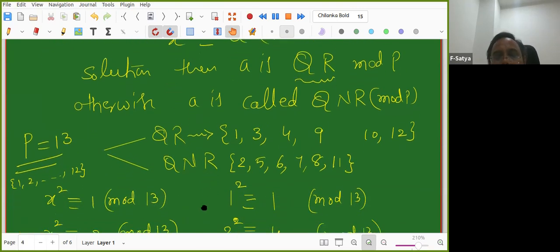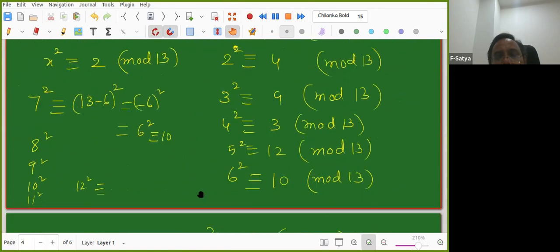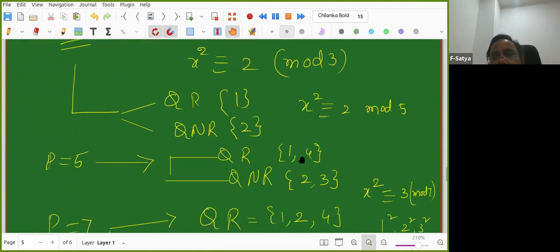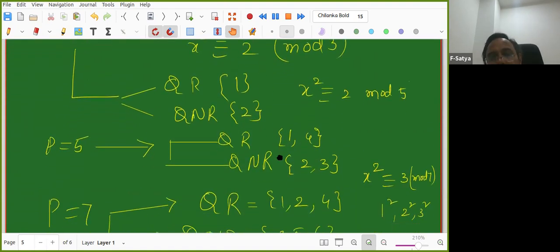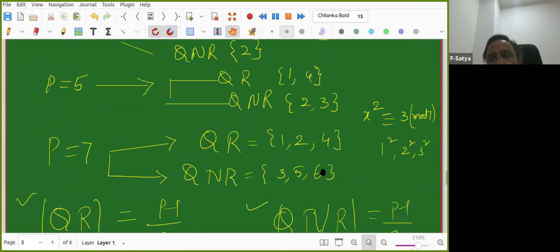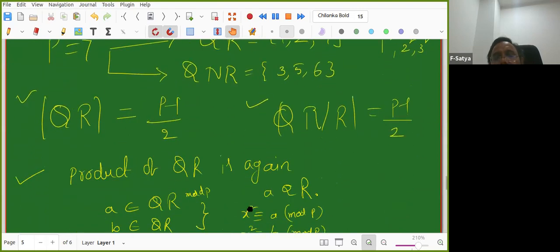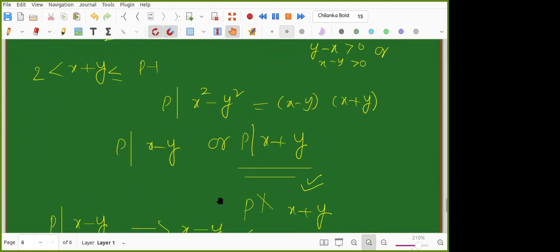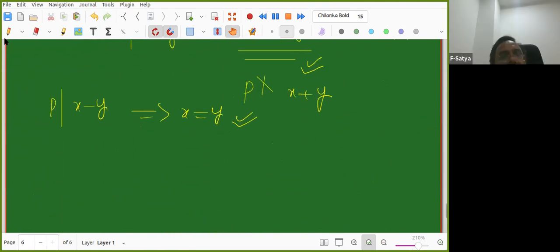Right? But that has not happened for 3, you can see. In 3 itself, 1 is a quadratic residue, but minus 1 is not a quadratic residue. For 5 it has happened, 1 and 4. But in 7 again you see that 6 is not a quadratic residue, it is a quadratic non-residue. Is it accidental or have we already done it? Yeah, we have done it. So let us see what we have done and let us check that.